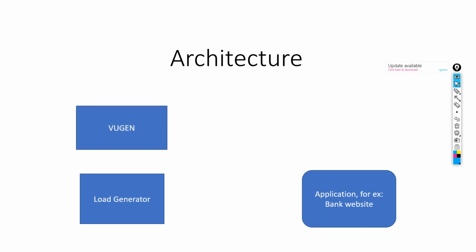And now we have a load generator which will generate users for us. Now what we should have is these scripts. Now these users should run some scripts, right? Let's say one script is for downloading a bank statement, one script is for transferring money from one account to another account, and one script is to pay a credit card bill. Now all those scripts we should record or we should develop, okay, and then we should save them. We should keep all those scripts ready, right? So what is the component using which we will record or generate these scripts?